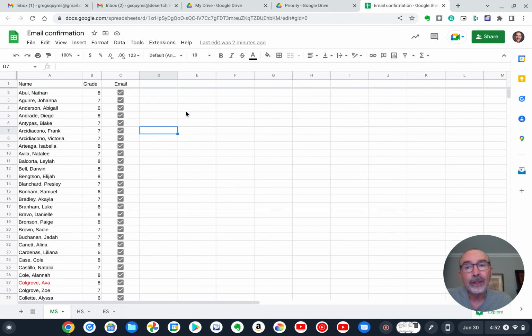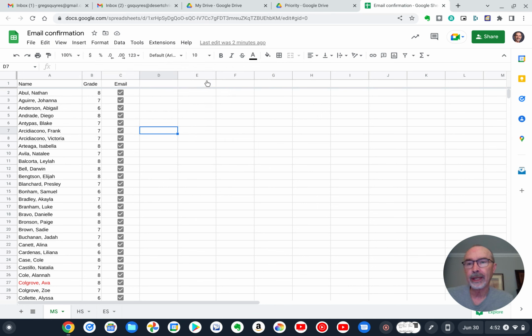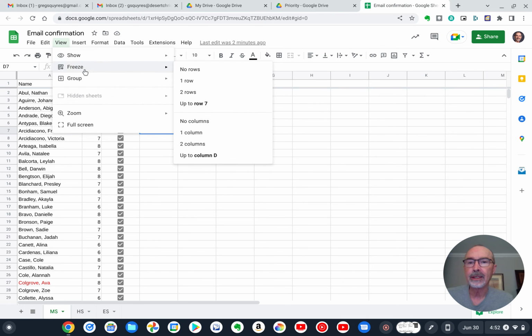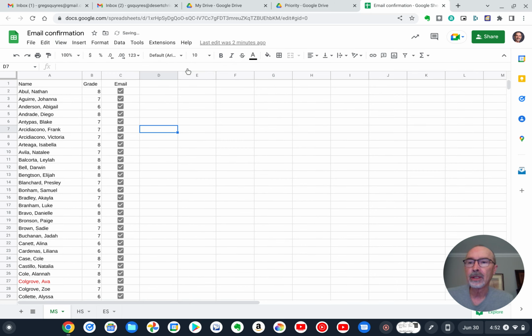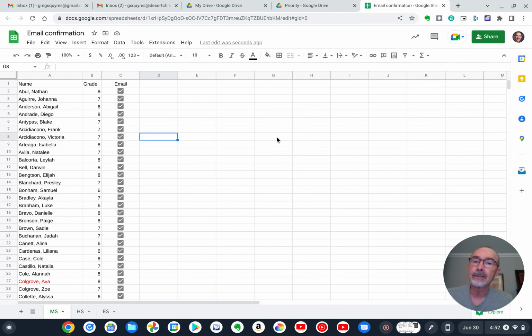If you don't know how to do that real fast, to remind you, you just go here, View, Freeze, and then how many rows you want frozen. One row, okay? And that's what I've done. You can undo that. You can go View, Freeze, No rows. And now see it's taken off the frozen thing. And when I scroll now, the header row scrolls with it. And if I do this, chances are it will be included in the sort. So we're going to freeze